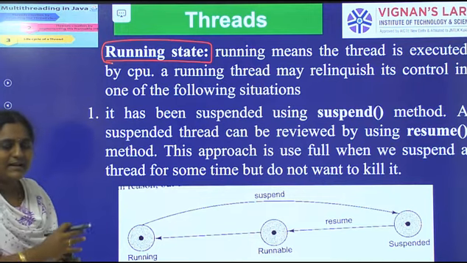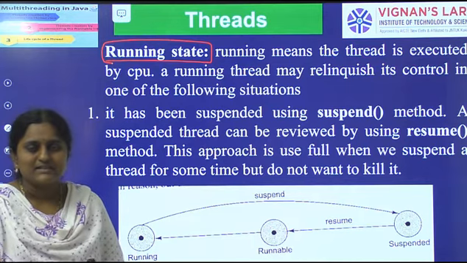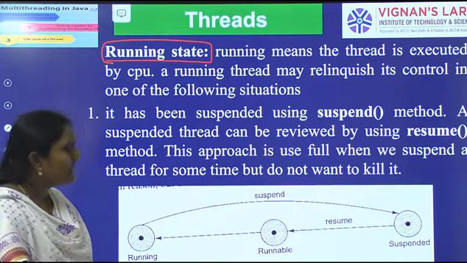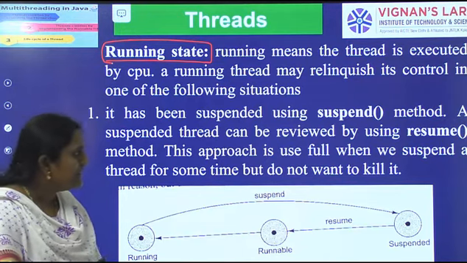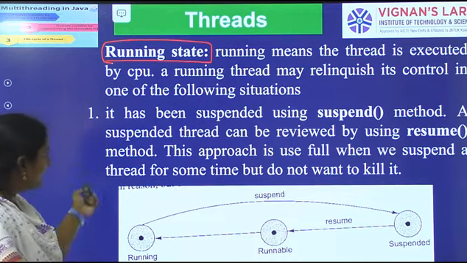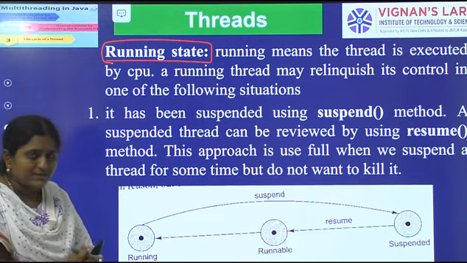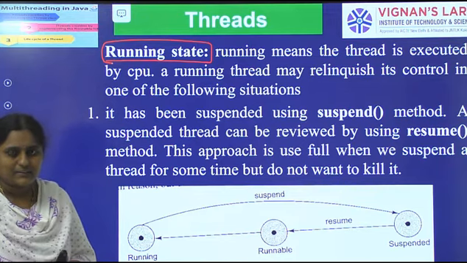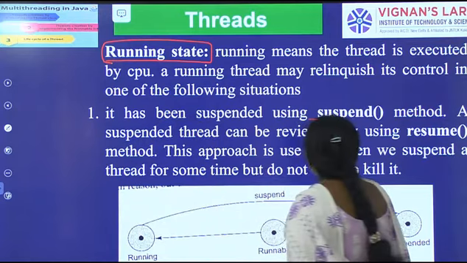During the life cycle of a thread, a thread may enter many states. The Thread class defines a number of methods. Here suspend is a method, defined by the Thread class. If you want to suspend one thread for a particular period of time, we can call the suspend method. If we suspend a thread for a particular period of time, we can again revive the thread by using the resume method. So we can suspend the thread by using the suspend method.